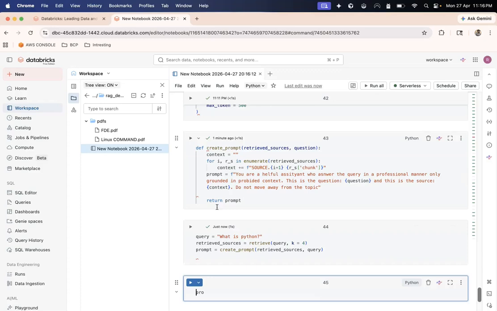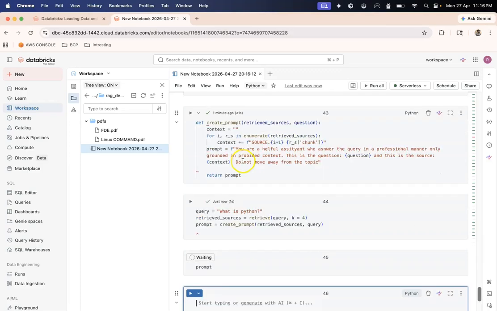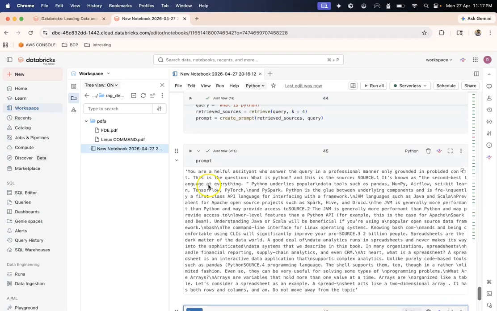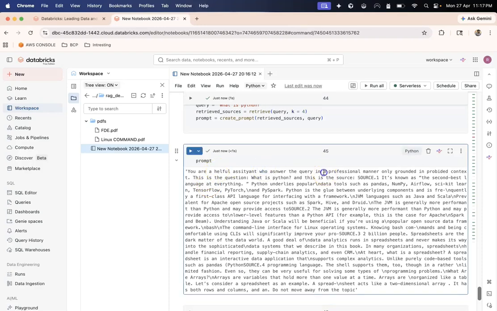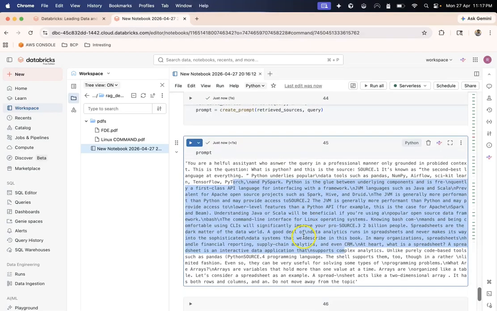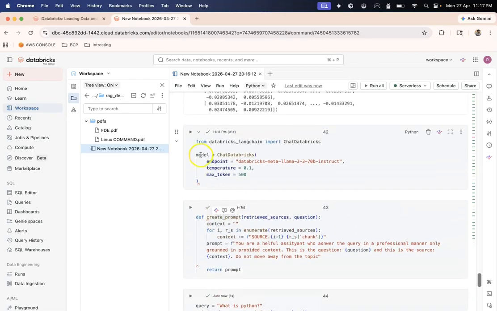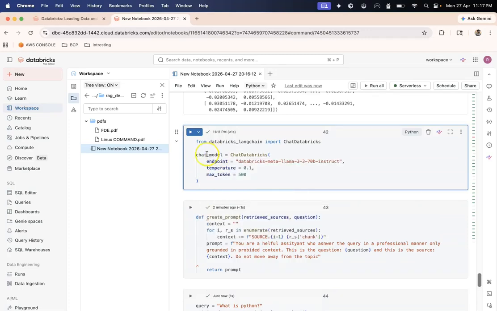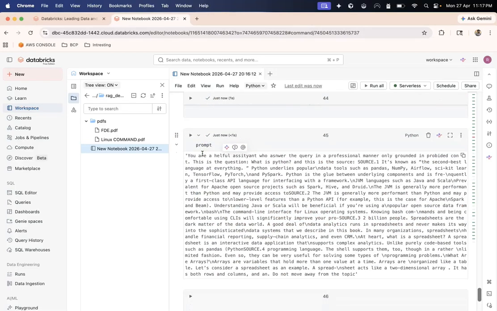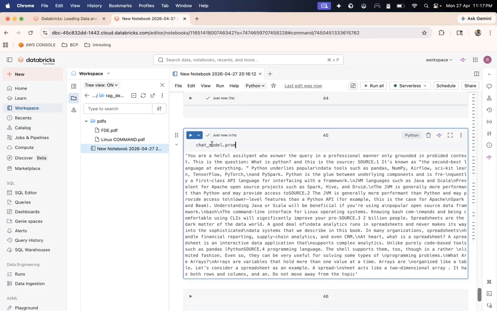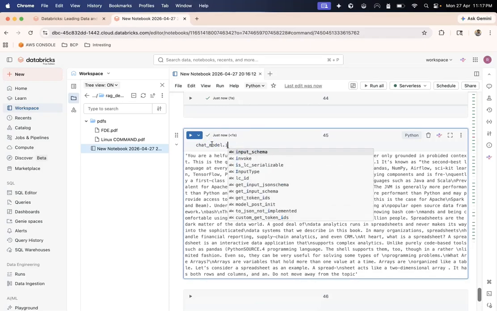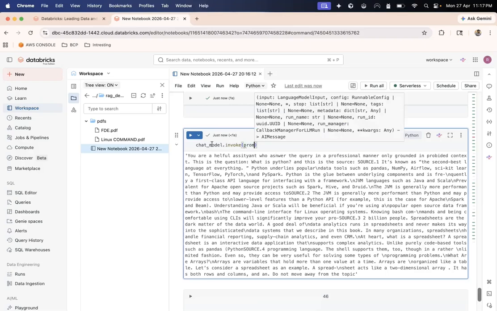Okay, so now we can print the prompt. Prompt will be the long text. You see, you are a helpful assistant who answers the query in a professional manner, only grounded in provided sources, and we have the sources listed here. Source 4, source 3. Okay, so now I take this prompt and I just simply take my chat model dot invoke, and I'll pass the prompt.